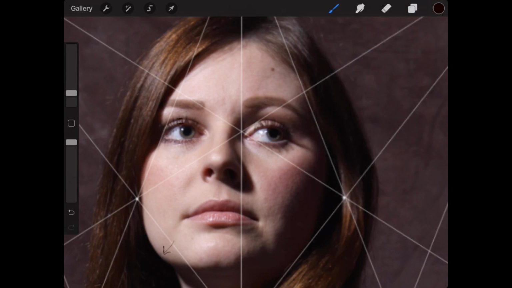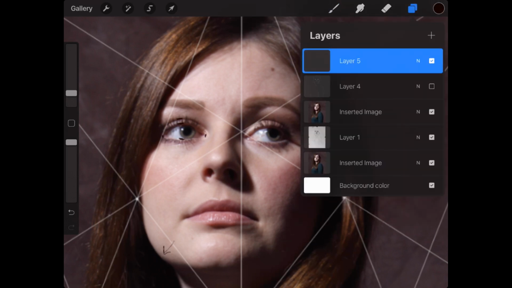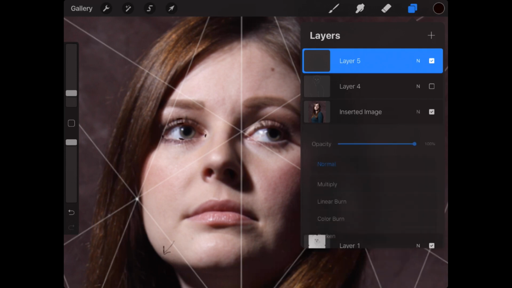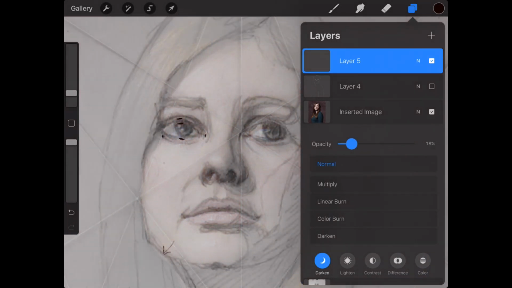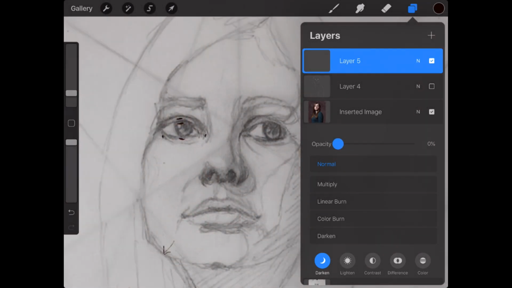And then her opening of her eye here, I'm going to just put little dots there so you can see. That's where it sits in relation to yours. So it's subtle, but I think the eye can be brought down a little bit.